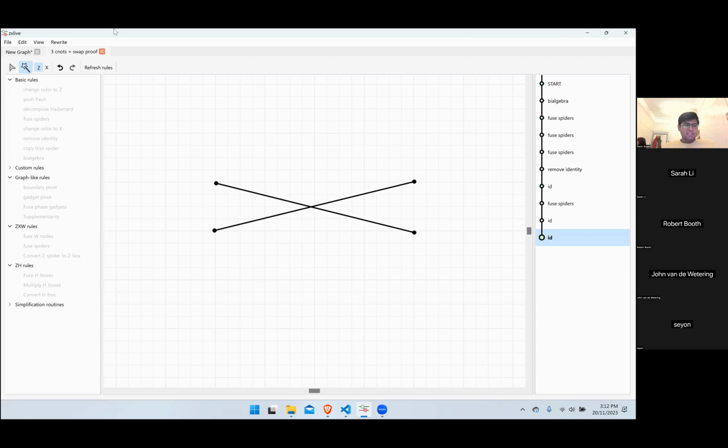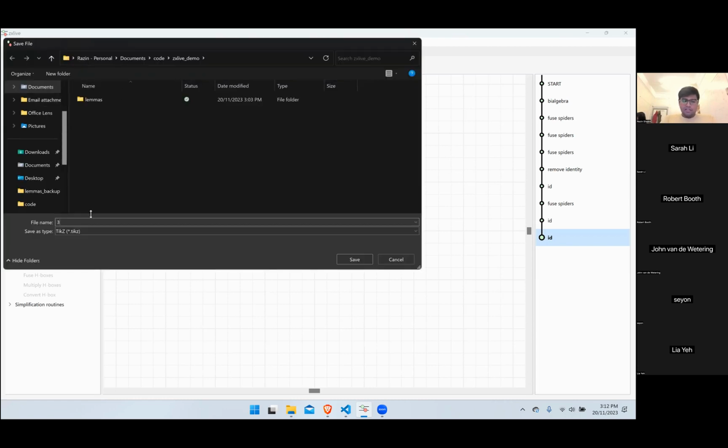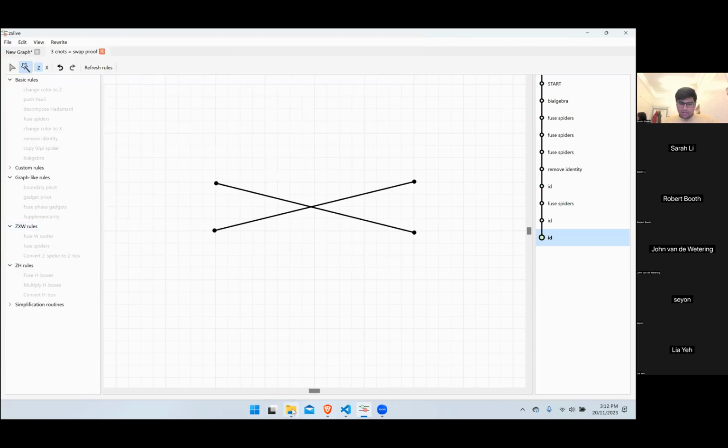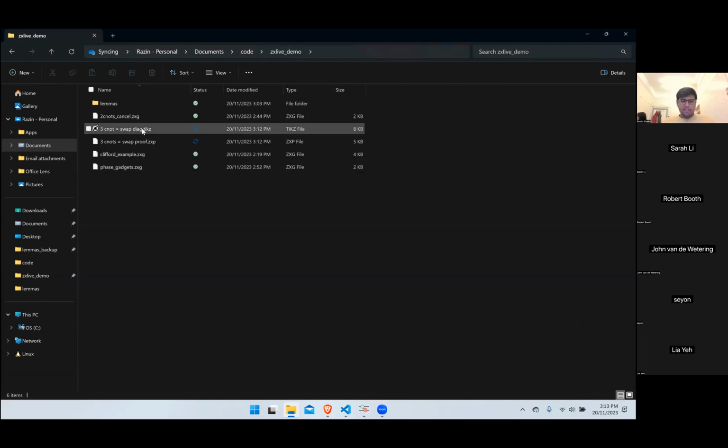Okay. So I can save this proof and I can reload it later. But another thing that I can do, which is quite fun, is that I can export this proof to TikZ. So I can save this proof as a TikZ diagram. And if I go here, I can open the TikZ diagram in TikZiT, and